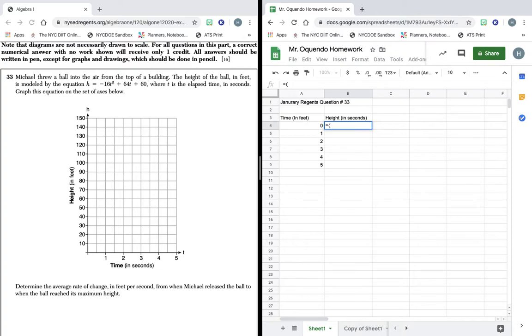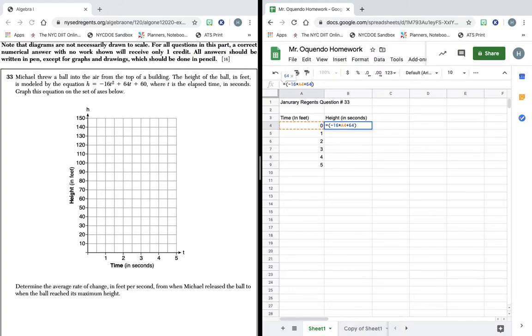So you see I would put -16, right? But as opposed to entering the t squared, what I will do is I will click here. Whoops. Sorry, I made the mistake again, because before you do that, you have to tell the computer what you're going to do with the 16. So I put the times, which is shift 8, and then I'm going to click on this cell. Then I'm going to shift equal sign because we're going to add. Then I'm going to put 64, not 16, 64,